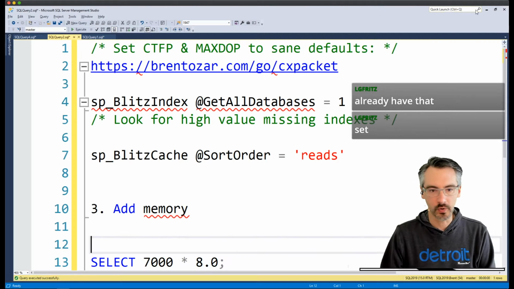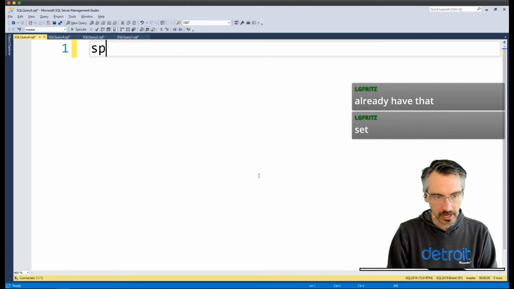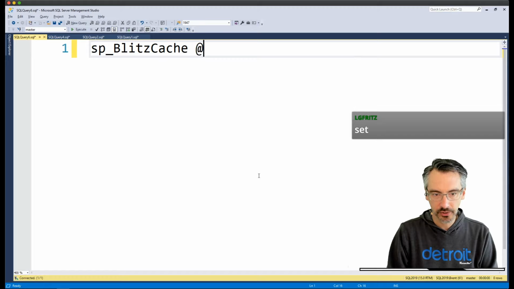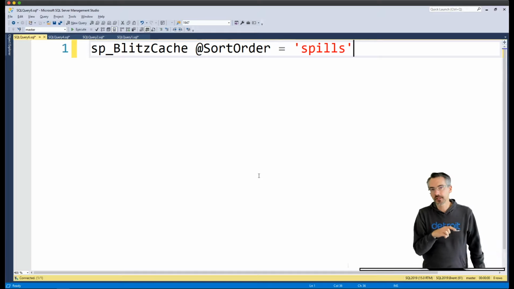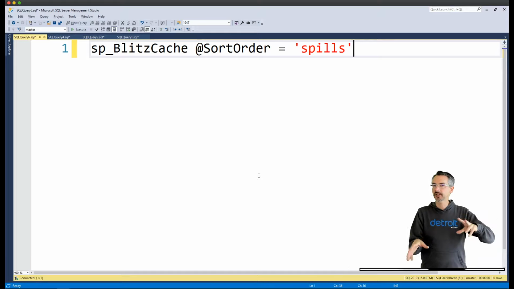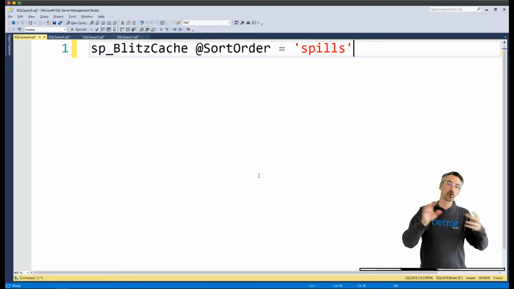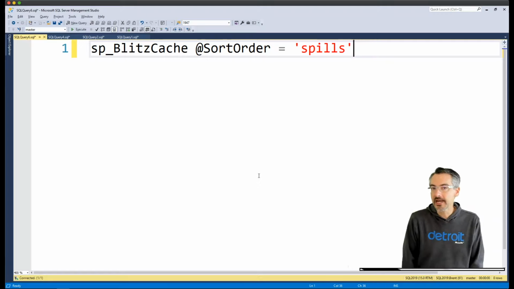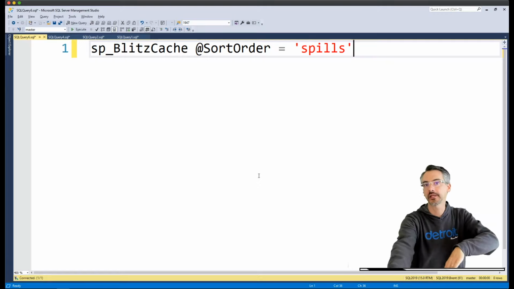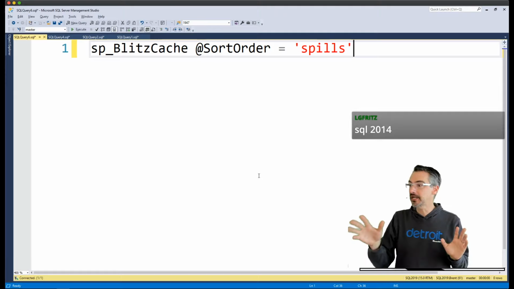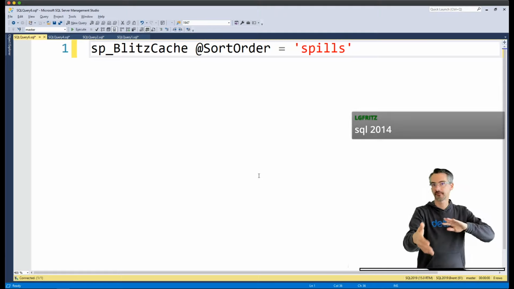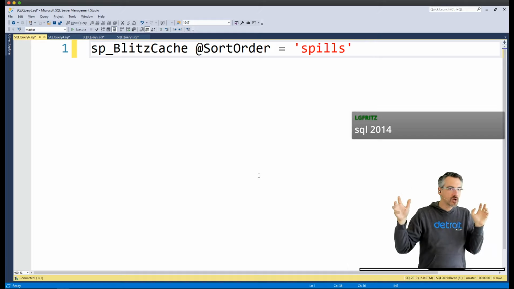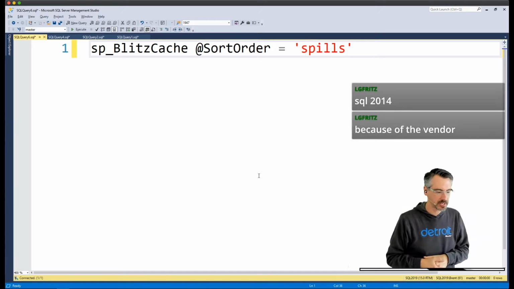What I would do is actually start, in your case, with sp_BlitzCache with sort order equals spills. Now, it looks like you're on an older version of SQL Server. I can't tell the exact version, but it's either 2016 unpatched or earlier. Spills may not be available until you fully patch. If you read that 2014, okay, good. It's available on 2014. You just have to be on current patch levels. And I don't know, it was like 2 years ago they introduced the spills DMV.